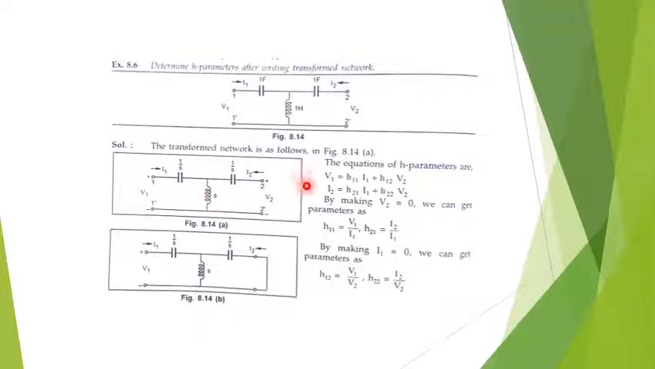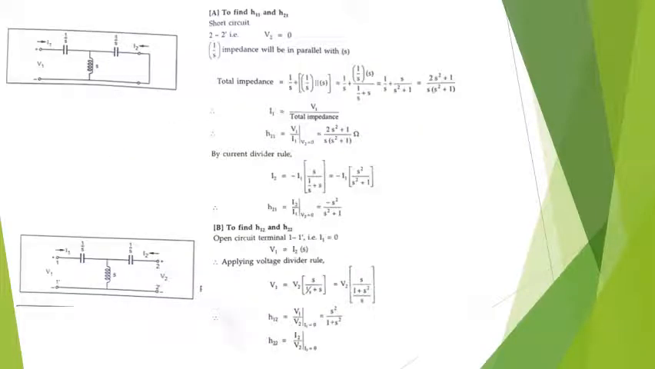Equations for the hybrid parameters we know. The first two hybrid parameters we find by short circuiting the output port or putting V2 equal to 0, and the other two hybrid parameters, that is H12 and H22, I find by putting I1 equal to 0. That is what we do here. First we short circuit the output port or put V2 equal to 0. So the first hybrid parameter, is V1 upon I1, is nothing but the total impedance as viewed from these two